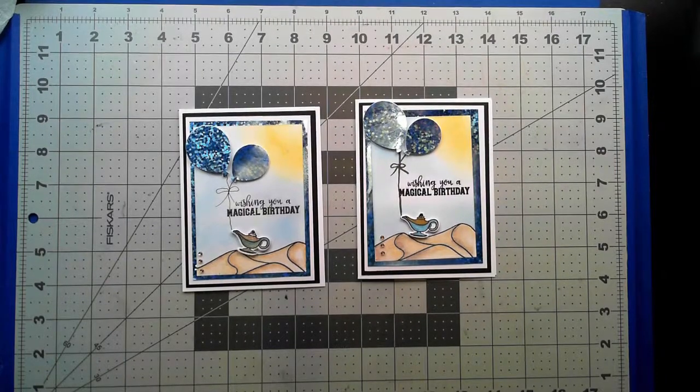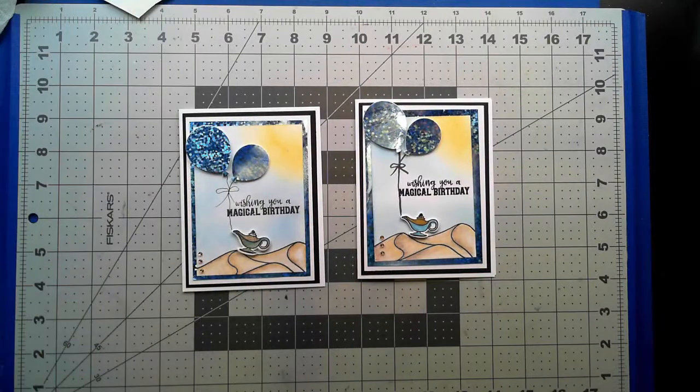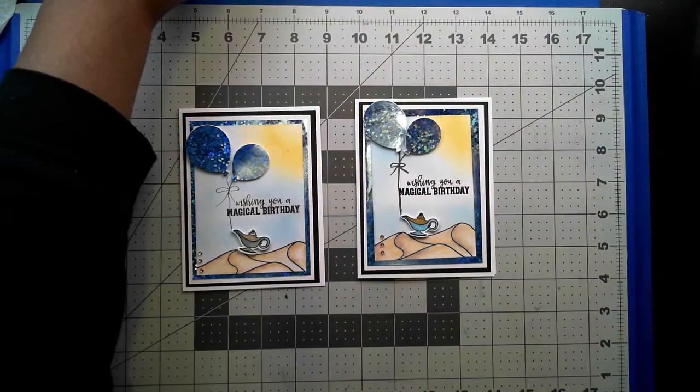I hope you try this card yourself, and we went over color pencils with Gamsol and a little bit of masking technique, and I hope that you feel more comfortable with your card making